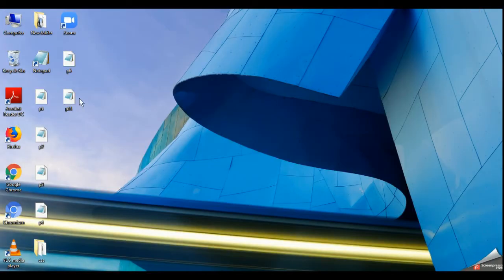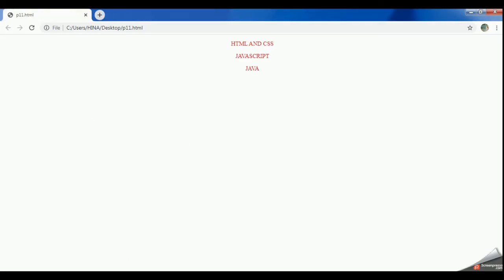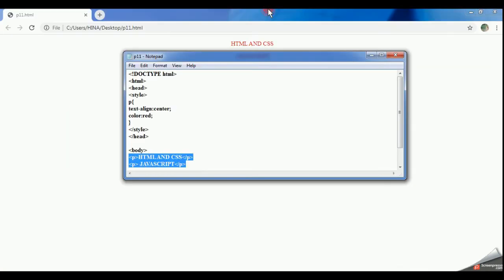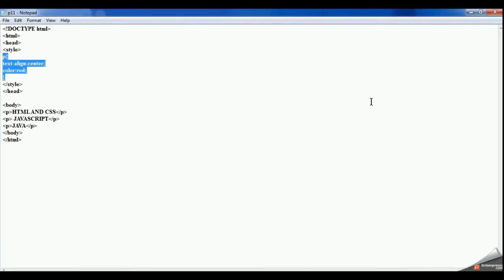Now open and run it on any web browser. Okay, so you can see the changes, that all the paragraphs of this HTML have been changed and are aligned to center and the color has been changed to red. So this is your element selector. If I am selecting a respective element, we can see these changes.